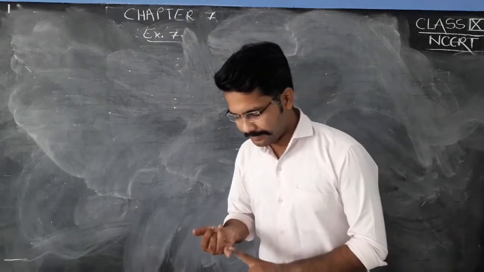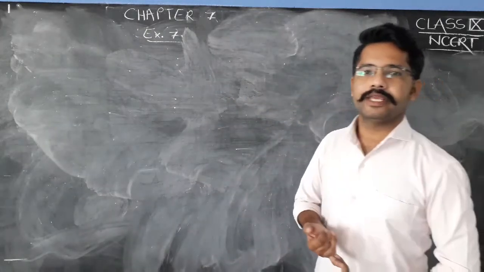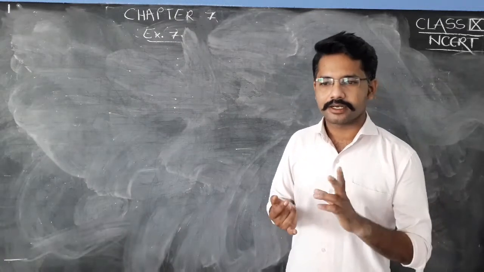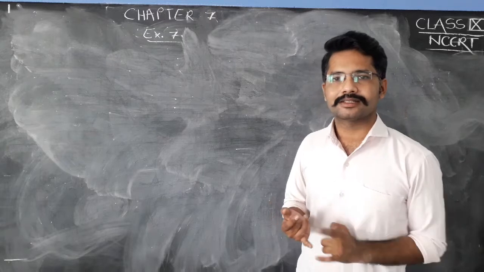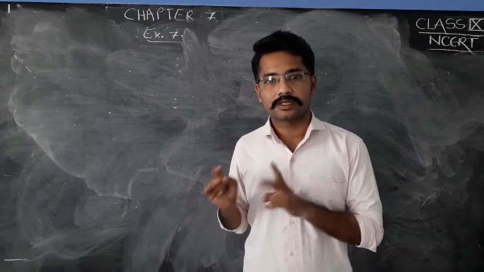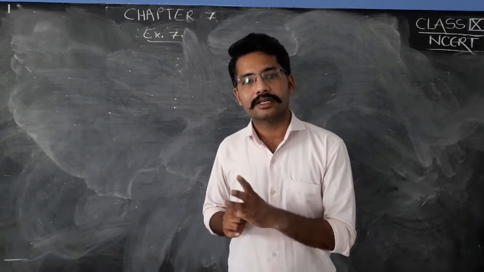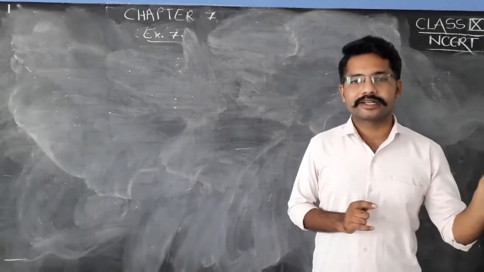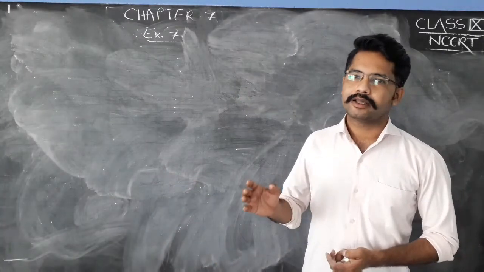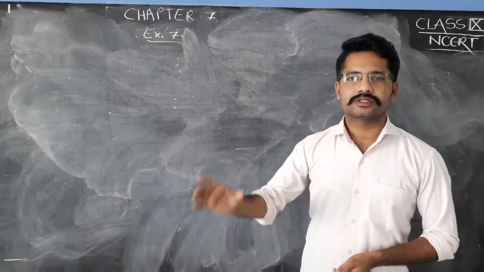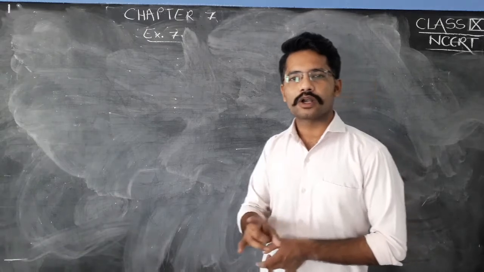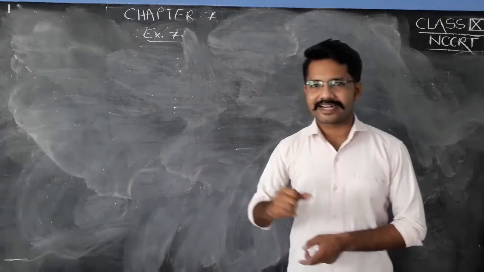Okay, so generally triangle can be classified according to its side and its angle. In class 6 you might have learned there are 3 types of triangle according to its side. If all 3 sides are equal, triangle would be called what? Equilateral triangle. If 2 sides are equal, then triangle is called isosceles triangle. And if all sides are different, having different measurements of all sides, then triangle would be called the scalene triangle.